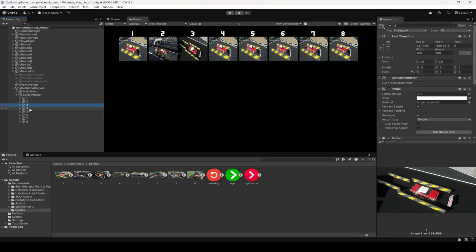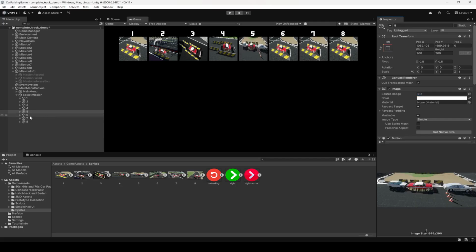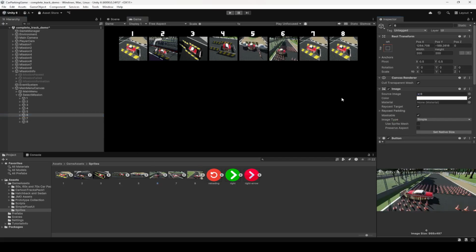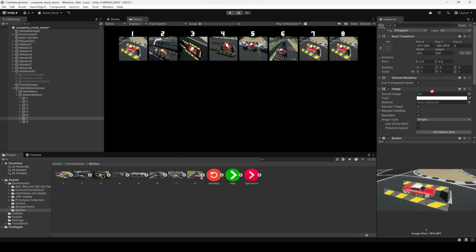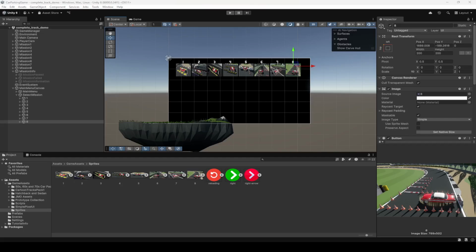Now second, third, now let's select the fourth one, drag and drop the image, then fifth, then we have the sixth one, then seventh, and then the last one is the eighth one. Alright, when you do that, then what we gonna do now is